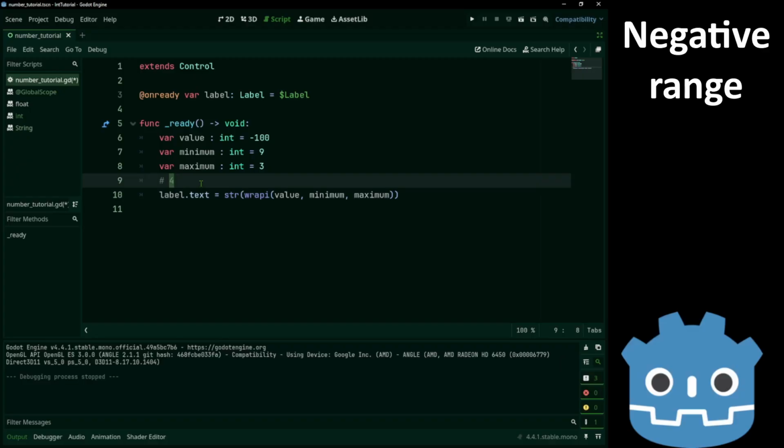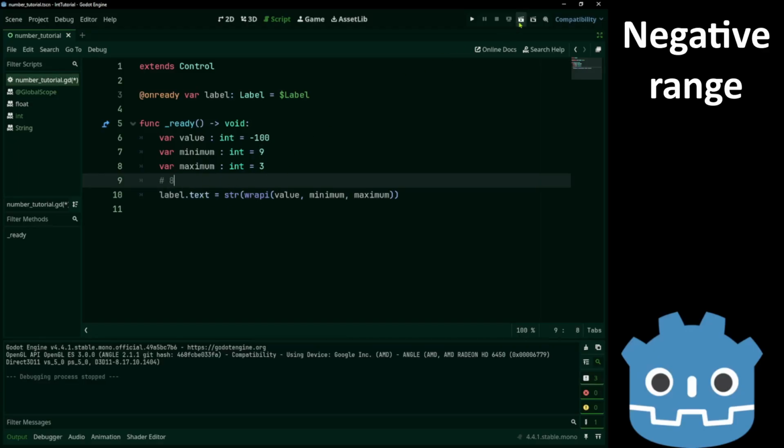Okay, let's try negative dividend. Minus 9. Mod minus 6. Minus 6. Mod plus 9.